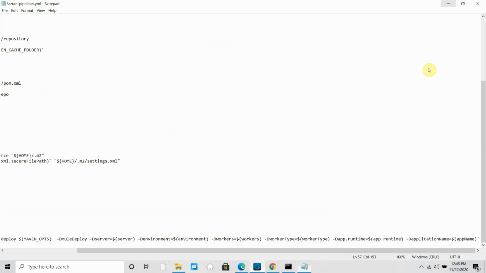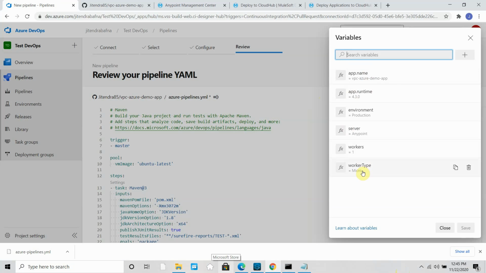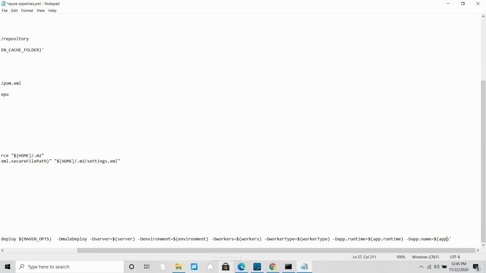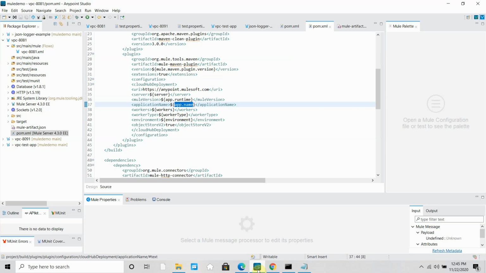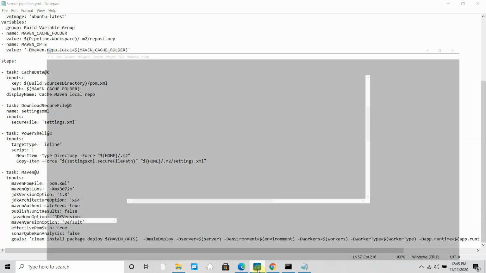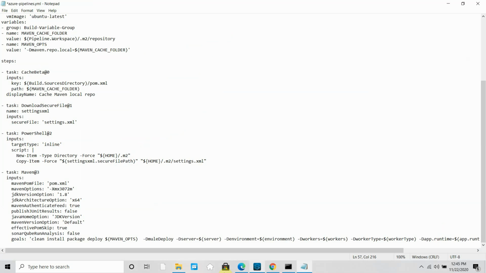I can copy this, I will give this file. Okay, and what is the variable I declared in Azure? It's again app.name, so you can use app.name. Okay, so what I have defined: the server, environment, workers, worker type. Let me verify worker type and all those things. It's defined like this only. Yeah, environment, everything is fine. Yeah, all is good. So you can save this file,